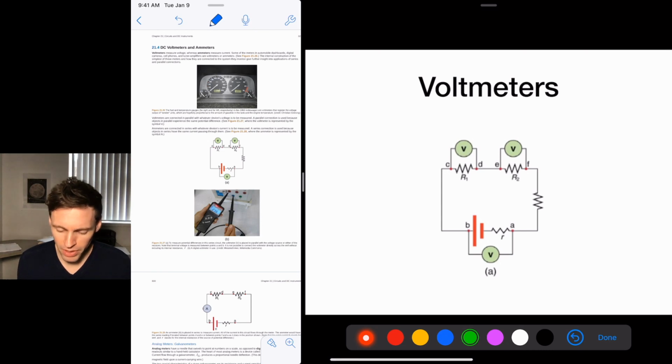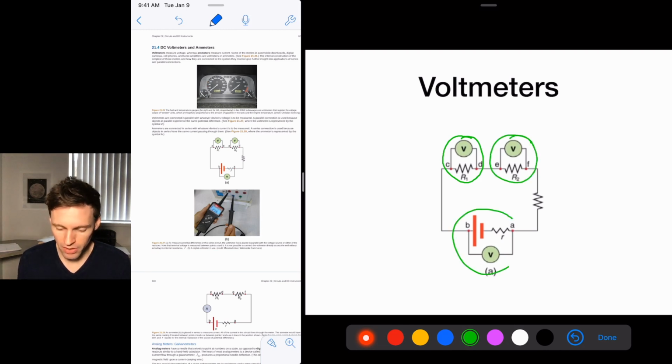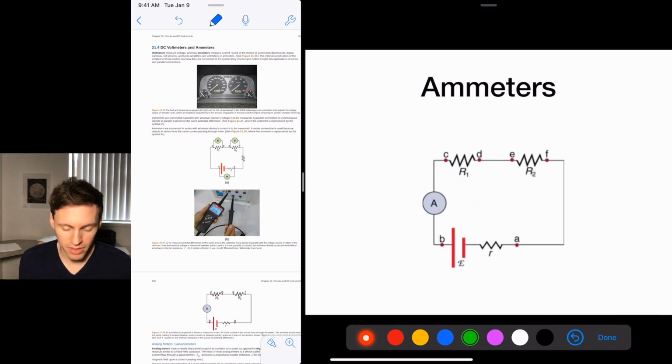Okay, so these are your voltmeters. If you want to measure the voltage on R1, you hook it in parallel. On R2, hook it in parallel. Across the battery, hook it in parallel. Okay, that's it. Ammeters, this is the key, and this is tricky, that ammeter has to be in the circuit